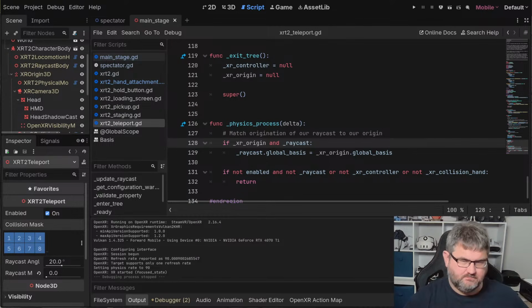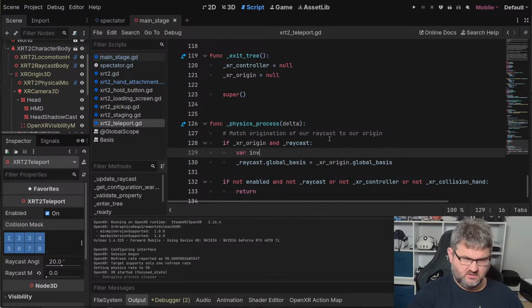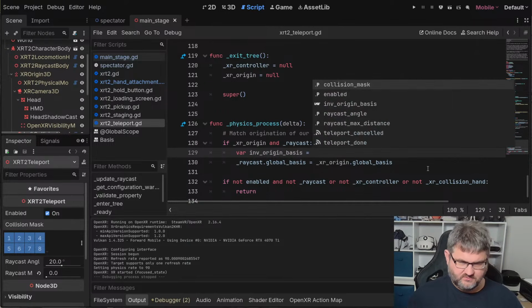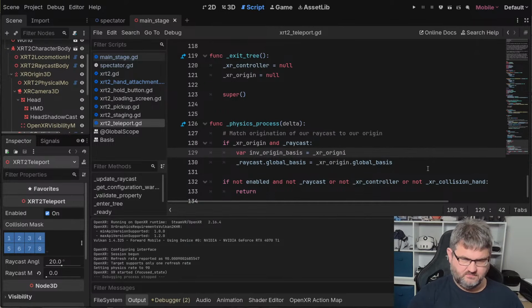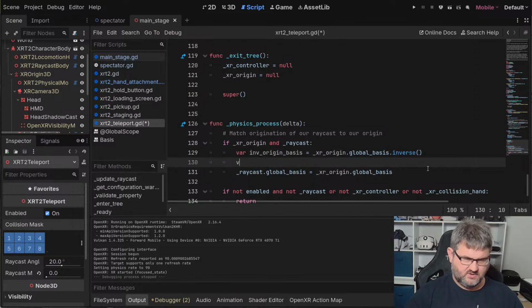Okay. I need my origin basis. Origin basis is origin global basis dot inverse. So now we have that. So now what we can do,